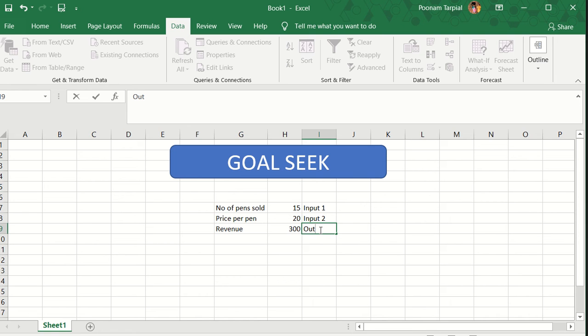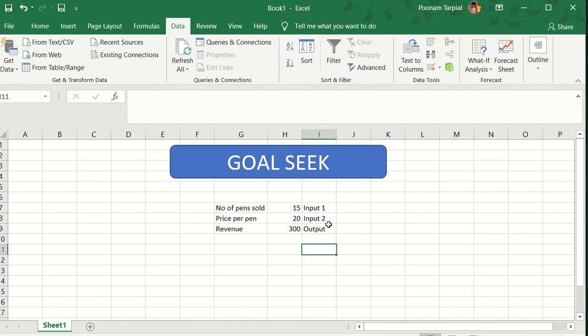Now here, I have multiplied the two input values with one another and you have got the final output. But let's suppose you are in a sales team, and your supervisor has shared with you that this much is the revenue you have to generate for the day.